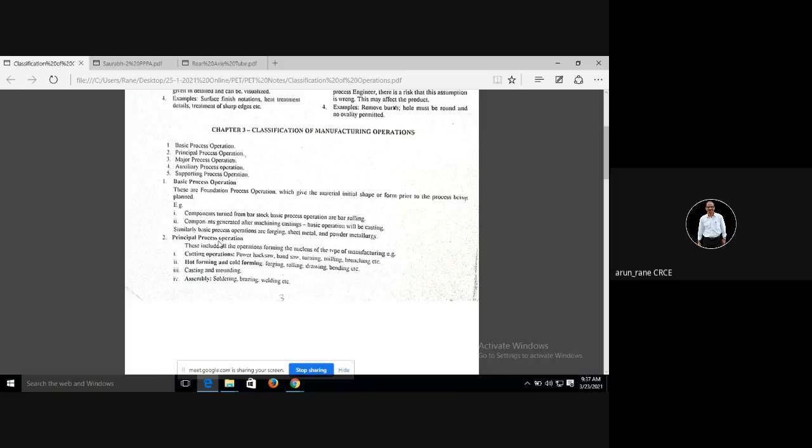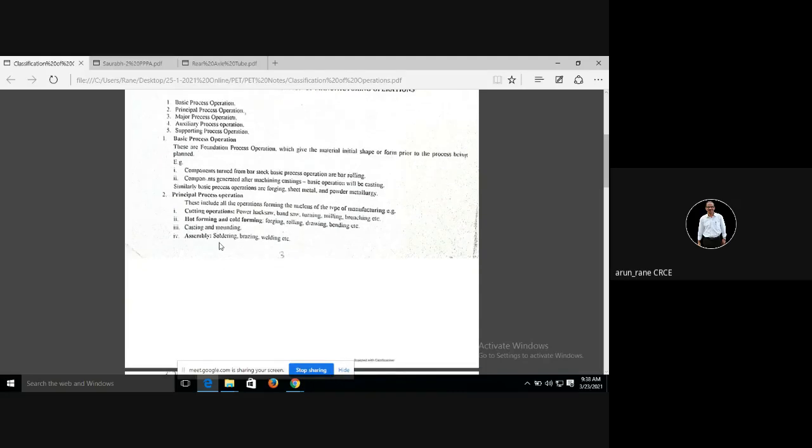If you go to a fabricator who is doing welding or brazing or soldering, there the principal process operation is assembly, and in assembly you have to write whether soldering, brazing or welding. Okay, so that is the second category, principal process operation.